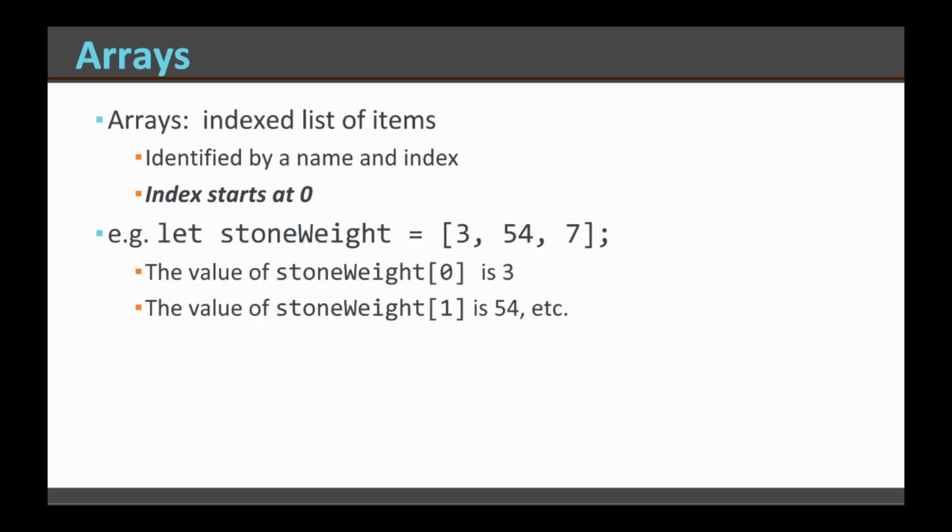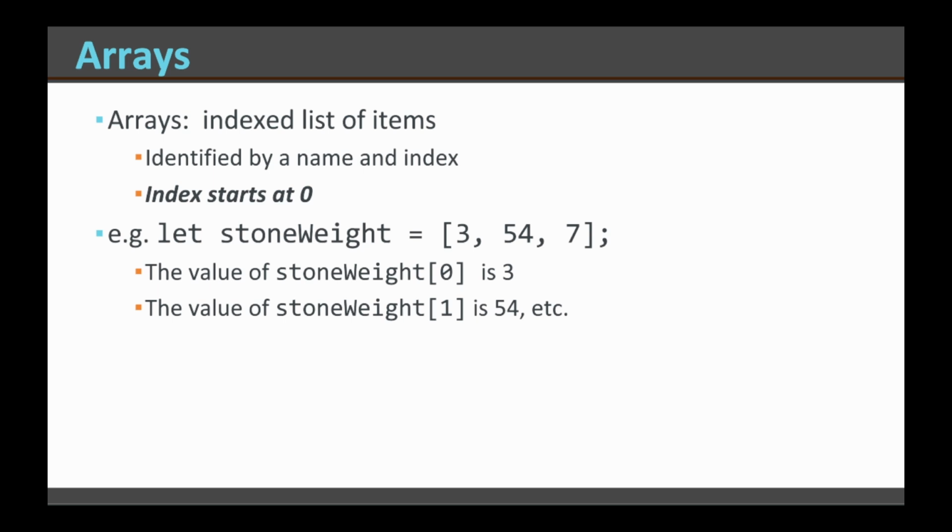Here's an example of our stone weights. Let stone weight equal this array, and this is how you can give initial values to the array. You just put them inside of these square brackets. Square braces that we use for beginning a new array. If you want an empty array to start with, you just give it the square braces without anything in it. If you want your array to have some initial values, you can use something like this, like the values 3, 54, and 7,